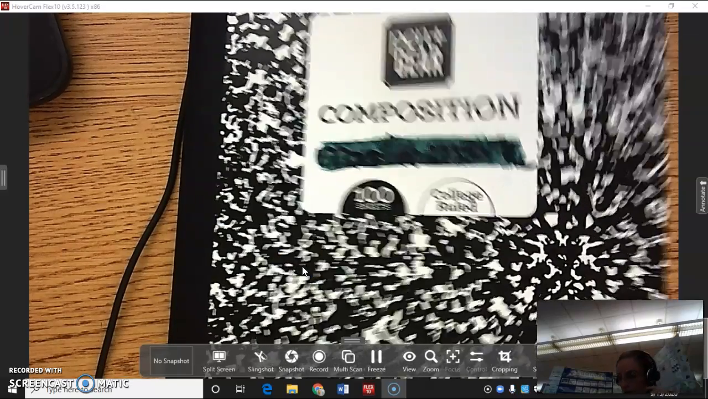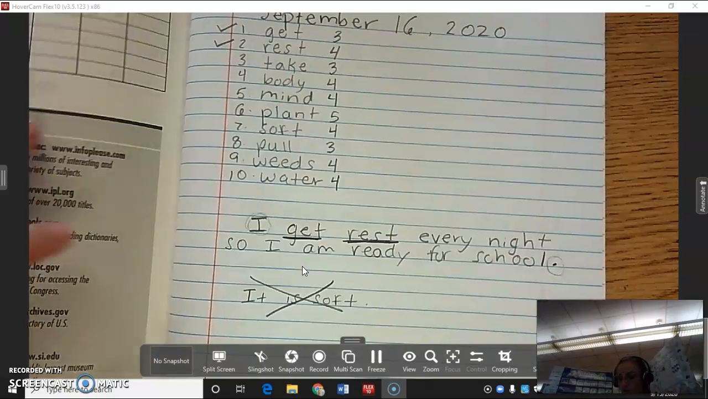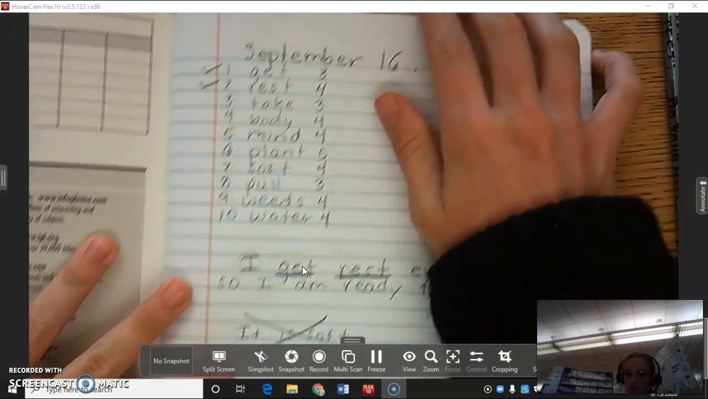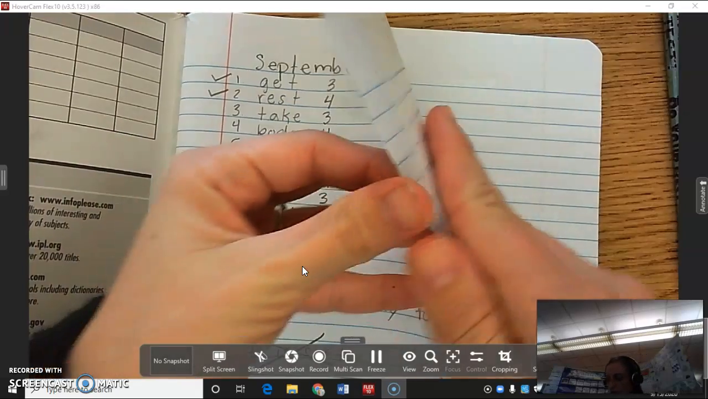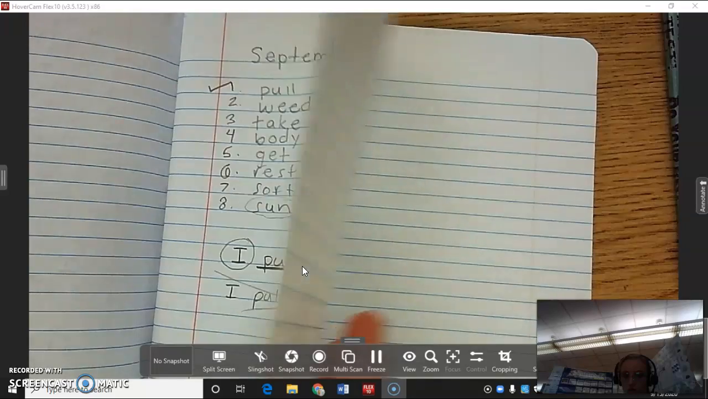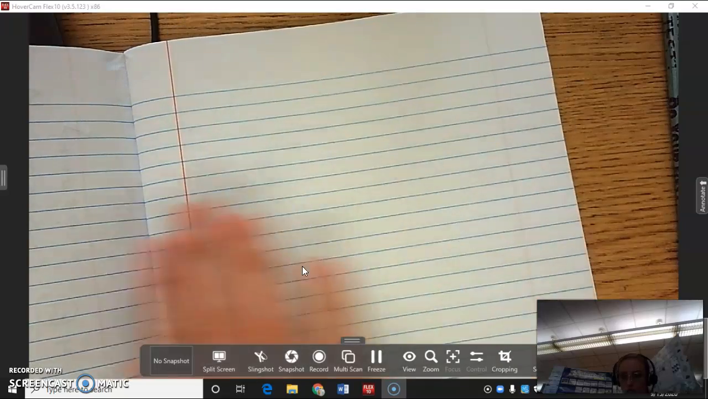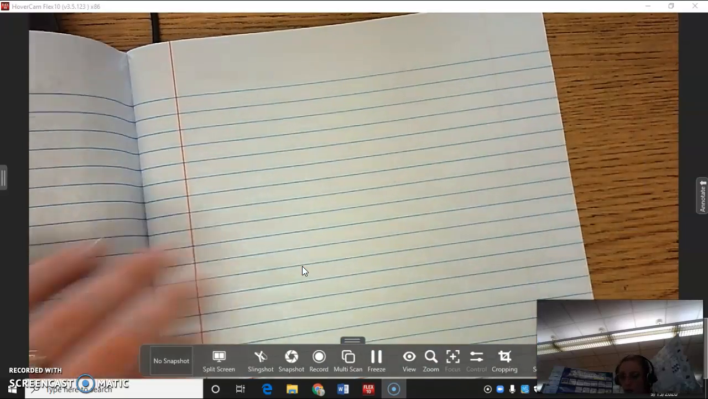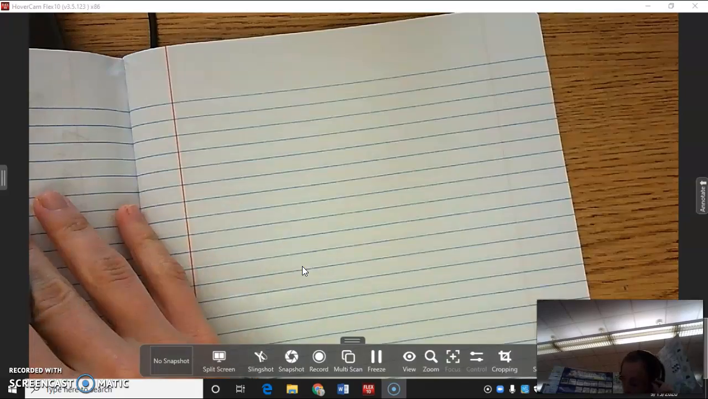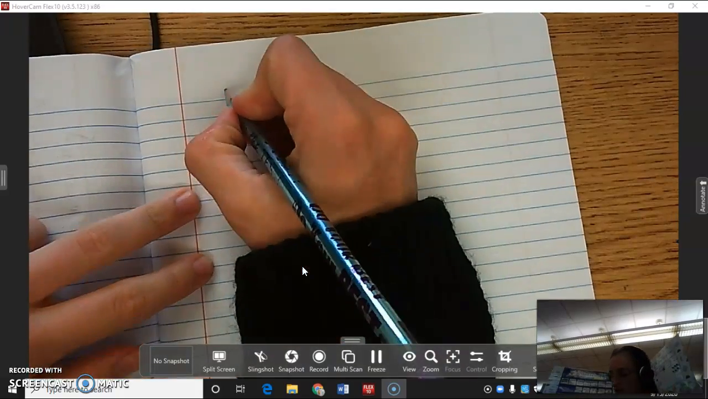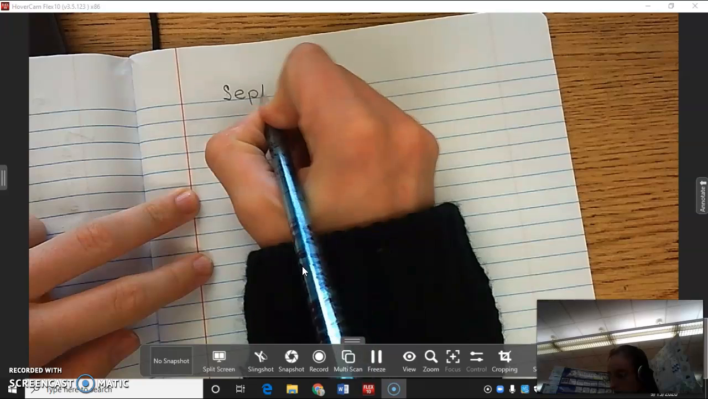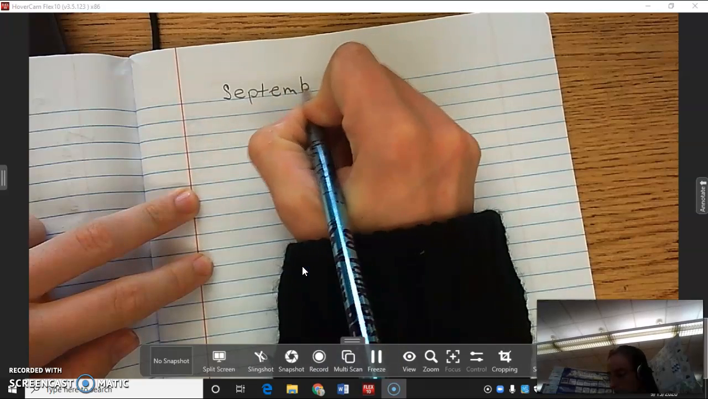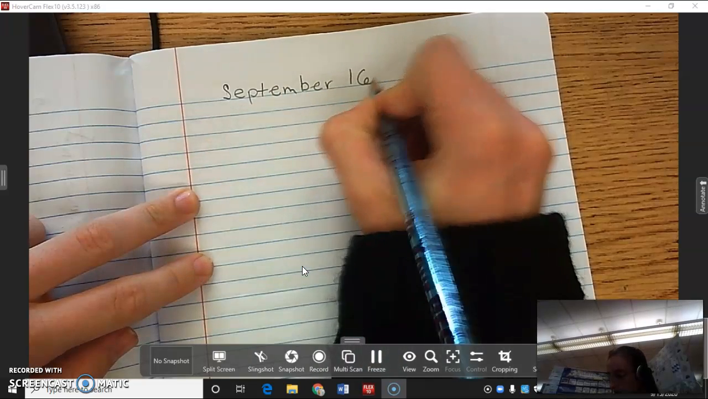Okay friends, go ahead and get out your notebook and turn to the next available page. So just turn one page, and turn just one page at a time until you get to the next blank page. Don't turn a whole chunk, just turn one. And go ahead and write the date. Today is September 16th,